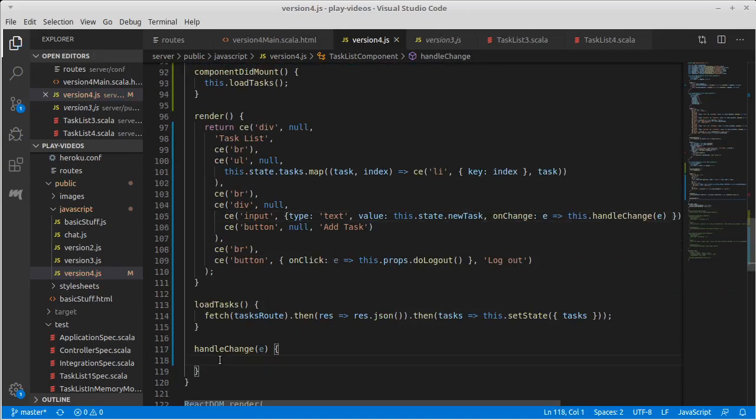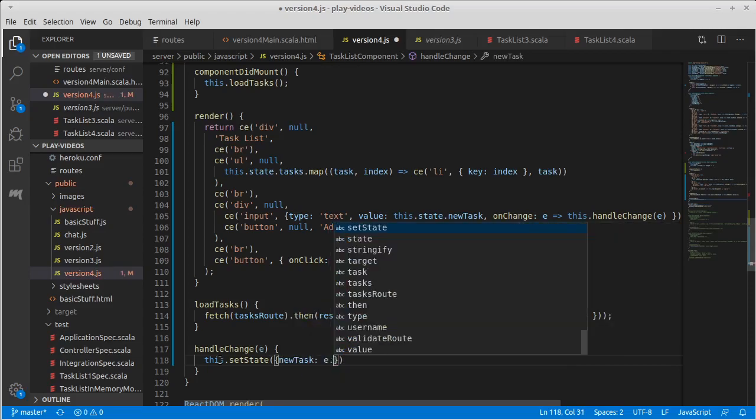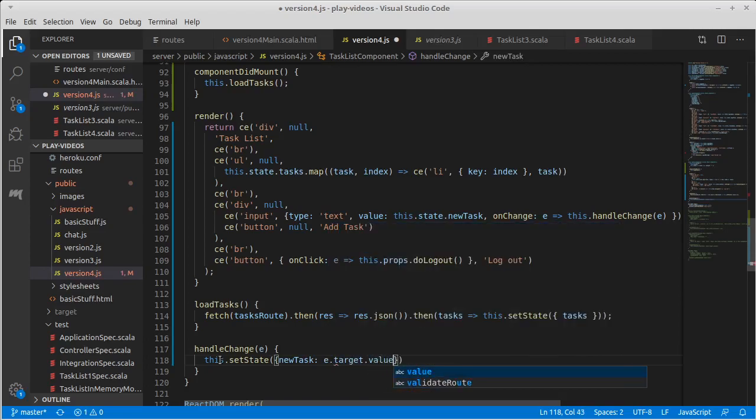And in handleChange, we do this.setState, and we set something up where the newTask is equal to e.target.value. Okay, so our state will hold the value that they are typing in,